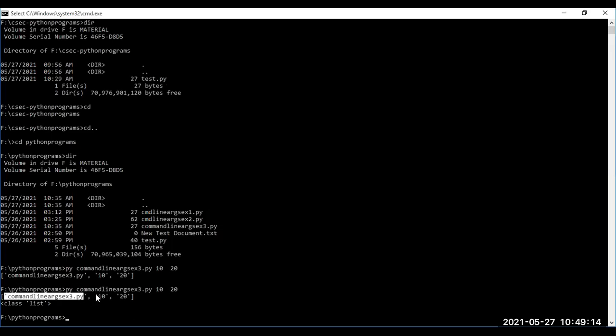See here, '10' in single quotes, '20' in single quotes. All of them are represented in single quotes. So when I represent the data item in single quotes, that value is considered as what? Can I consider it as a number? Of course, 10 is a number, but when it is within single quotes, that value will be treated as a string. So can I perform any kind of arithmetic operations over strings? Please respond. We can't perform arithmetic operations. What do we have to do? The string type of value has to be converted into an integer.